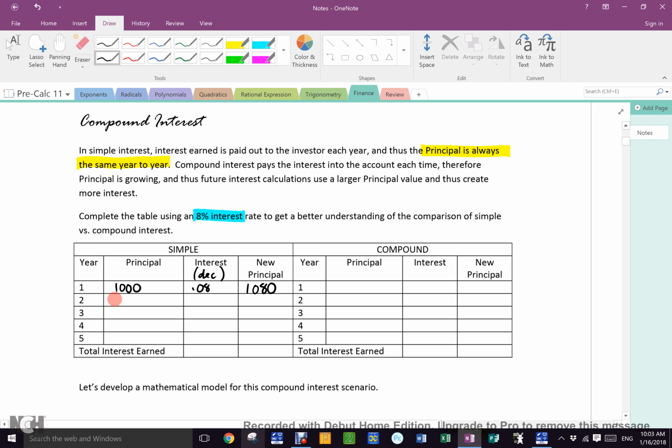They still have what? They still have that original 1,000, right? So what's your interest going to be? It's still going to be 0.8. So what's your new principal going to be? It's going to be 1080 plus 80, right? Because in simple interest,